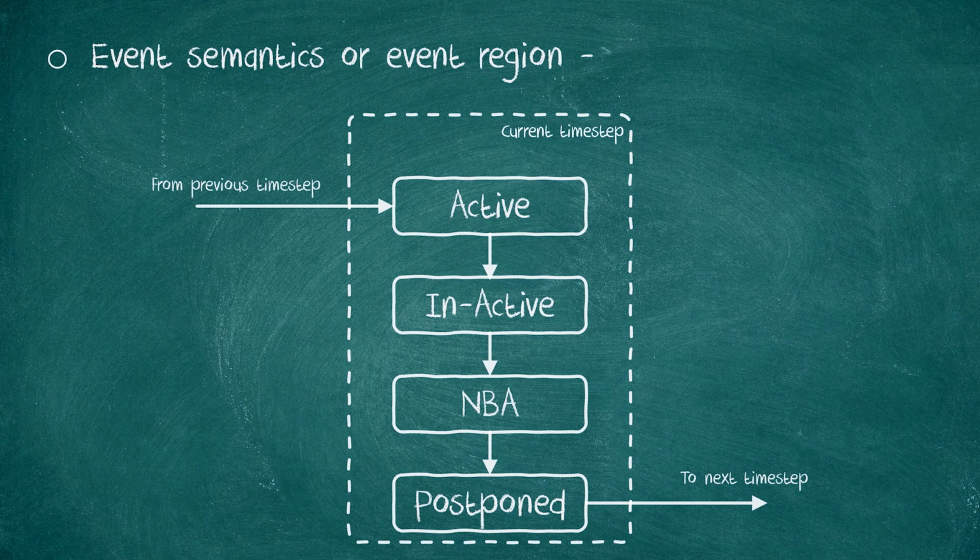This marks the end of all the calculation, and the next region, which is postponed, is used to monitor the signal. Some of the system functions like $monitor and $strobe use this region. Don't worry if you are not able to completely understand the entire flow. It will be clearer as we proceed further in this series, and you will be able to realize the importance of these regions. For now, please make a note of these event regions.